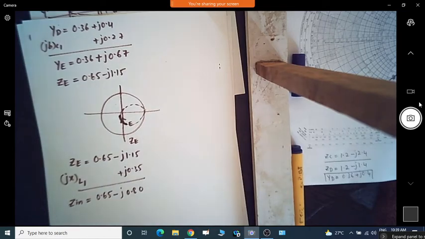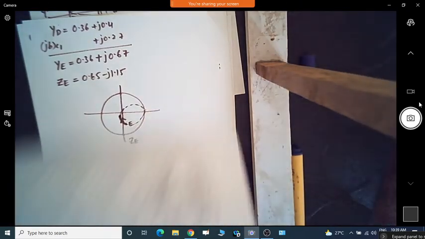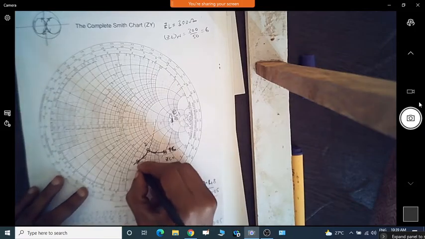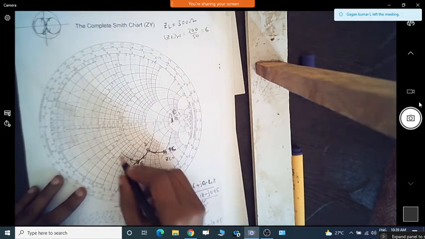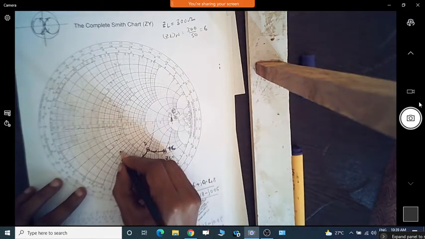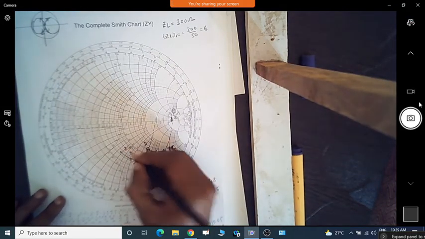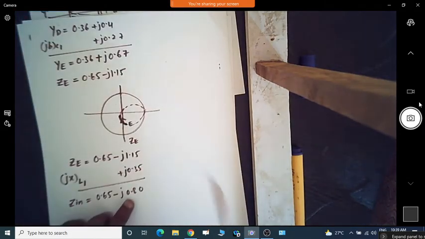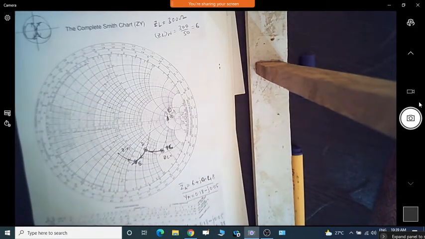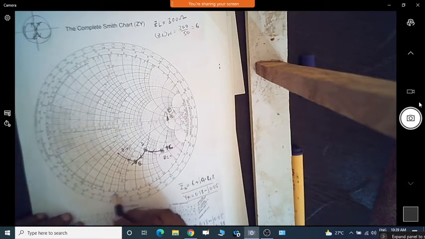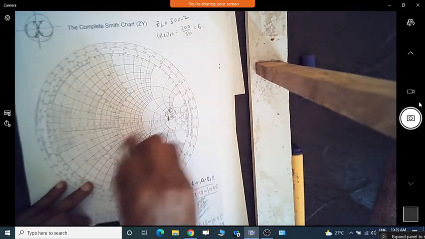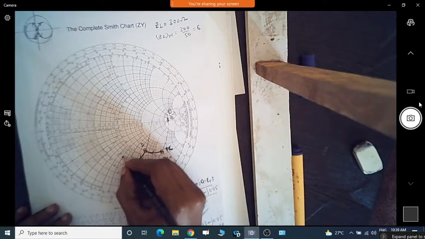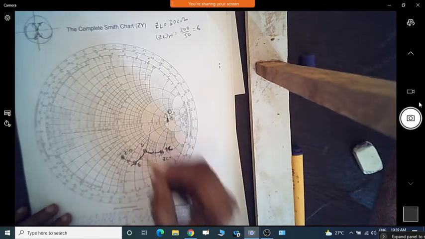So now we can locate that point, the input impedance point. So moving on the resistance circle upwards. So now where can we find the input impedance? We need to find exactly where the point 0.8 is. Okay, so it is 1, this is the point 0.8. So this is the value. I am just moving a little bit far. So now this is the point where we have the input impedance.